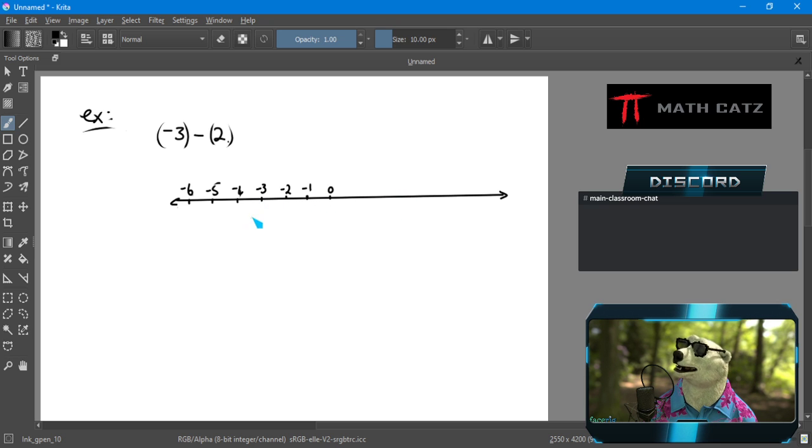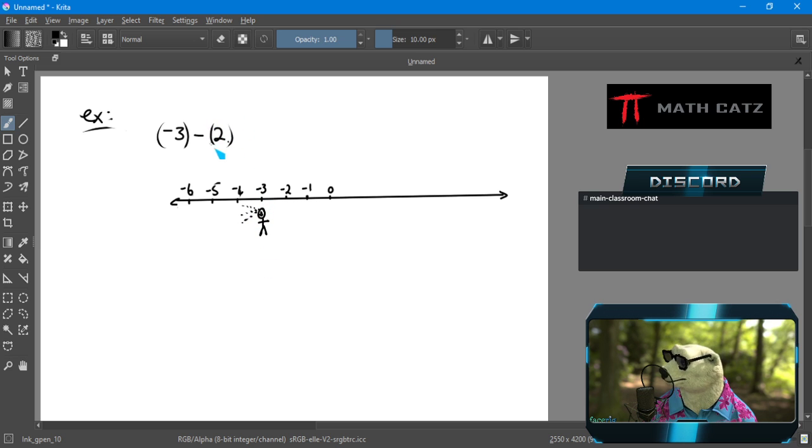So first number is where we start. There I am. It's obviously me. I look exactly like this. Then I look at the operation, which is subtraction, which means in general, I look to make less. In general, my intuitive understanding of subtraction means I am going to look in the negative direction.